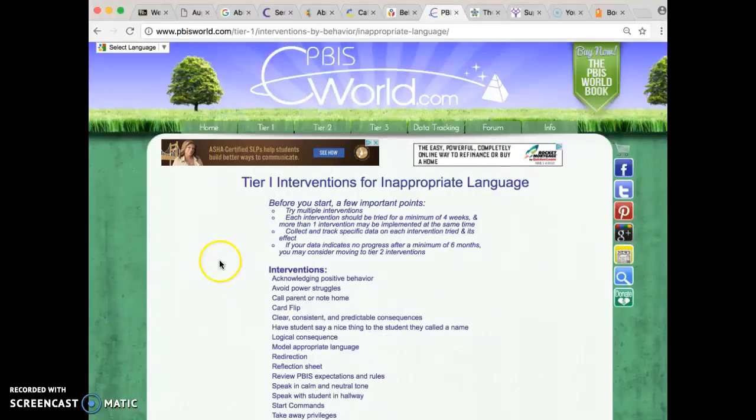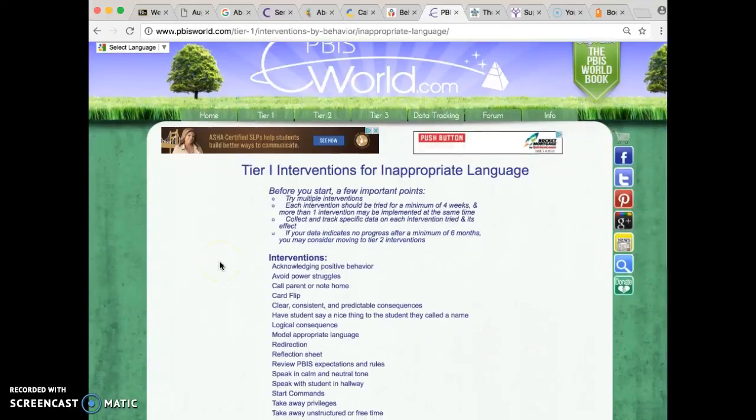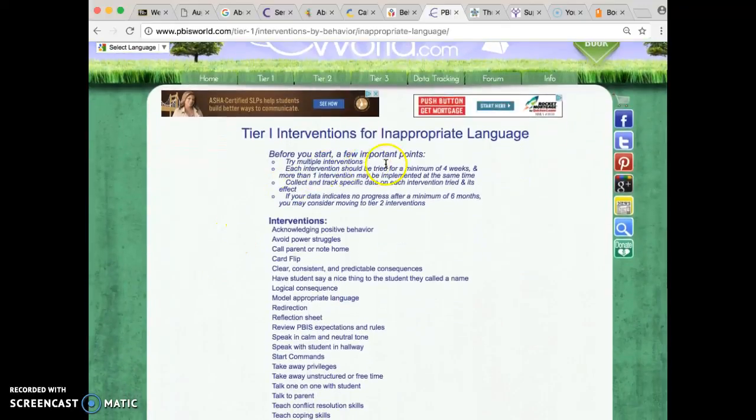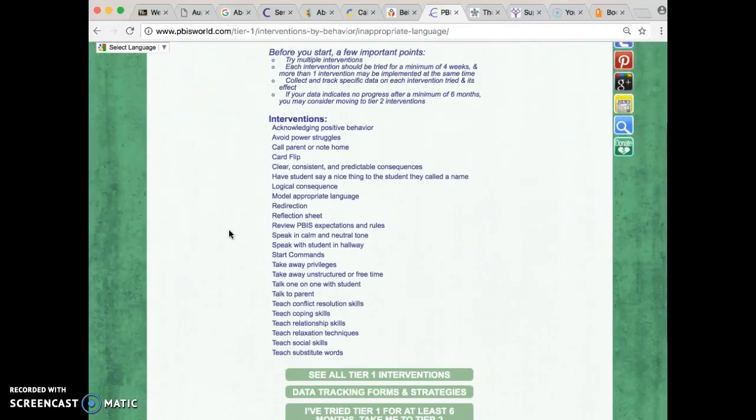We've got the Tier 1 interventions, and they say, of course, try multiple interventions. Each intervention should be tried for a minimum of 4 weeks, and more than one intervention may be implemented at the same time. Collect and track the specific data to see if it's effective, and if your data indicates no progress after a minimum of 6 months, you may consider moving to Tier 2 interventions.